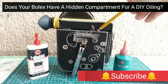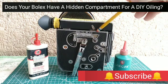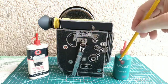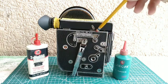Do you have a secret compartment located in your Bolex H16 that would allow you to apply oil for lubrication when needed? Let me show you where it is and you can find out for yourself. But first,